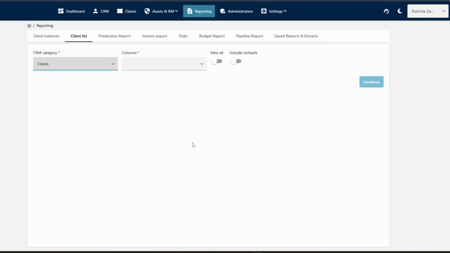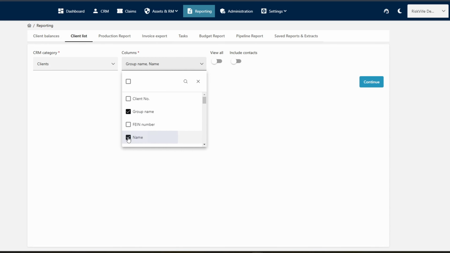In this example, we will choose clients only. In the Columns section, you can select which client data you wish to be included in your report. Each data point will have its own column in Excel. If you wish to include all data points, click on the empty box at the top, which will select all